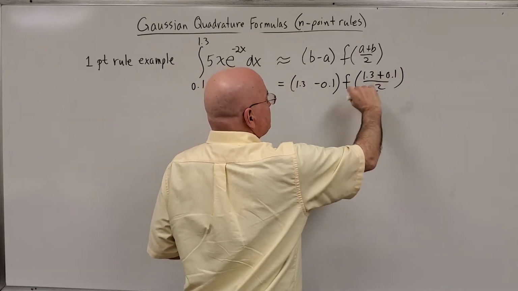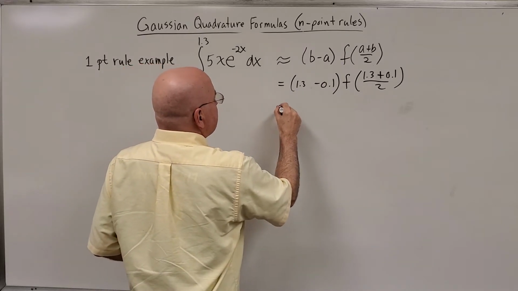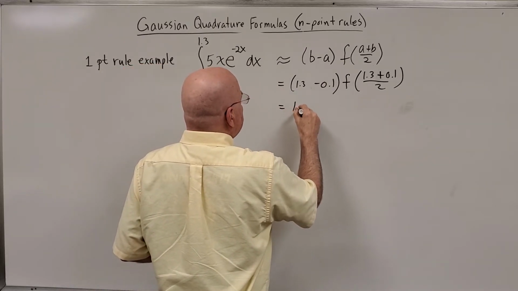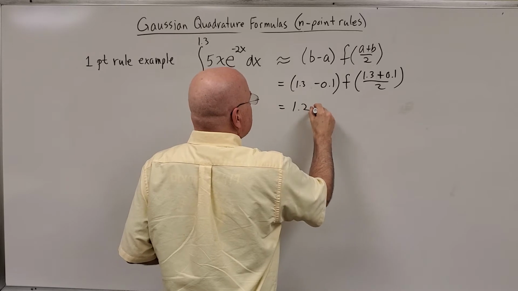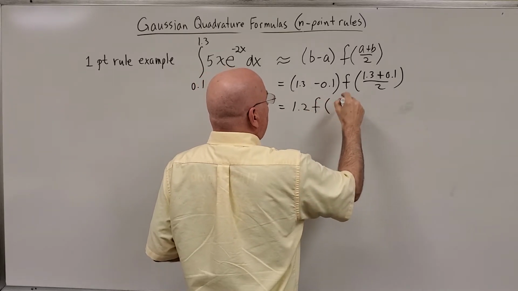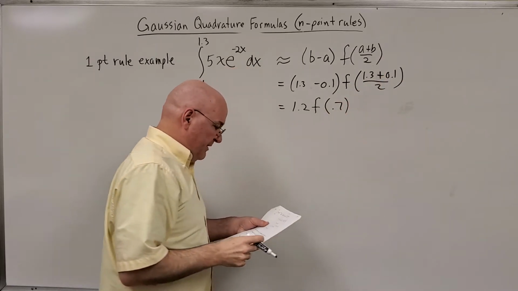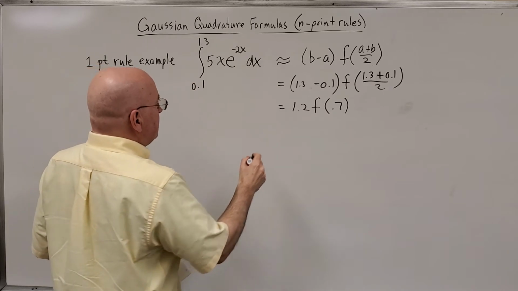Yes, I did it backwards, but it's okay. I did b plus a all over 2. So this is going to give us 1.3 minus 0.1, which is 1.2, times f of 1.4 over 2, which is 0.7. And this is equal to